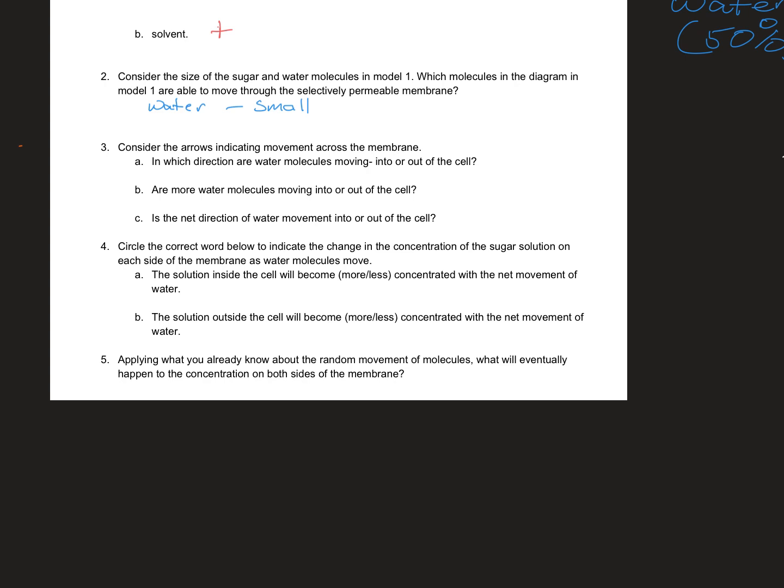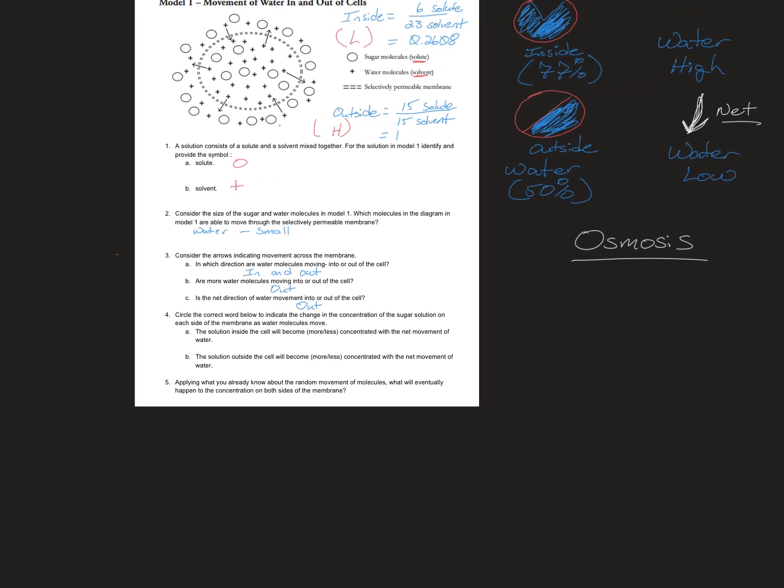All right, so both in and out, which we expect because diffusion is random movement. Are more water molecules moving into or out of the cell? Out. Is the net direction water movement in or out of the cell? Out, which again we expect because of everything I just explained. Circle the correct word to indicate the changing concentration of the sugar on each side of the membrane as water molecules move. So as water keeps moving out,